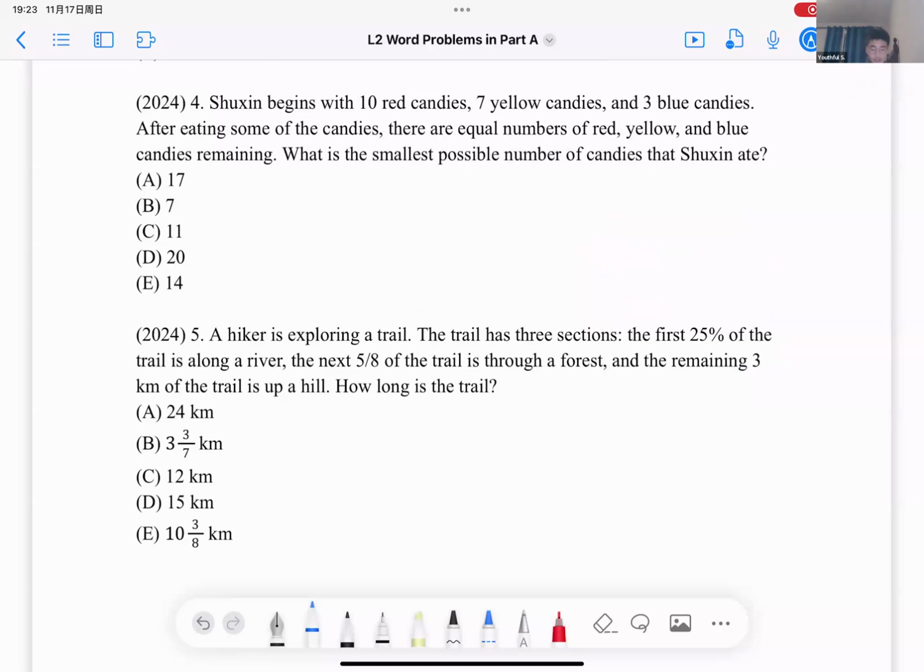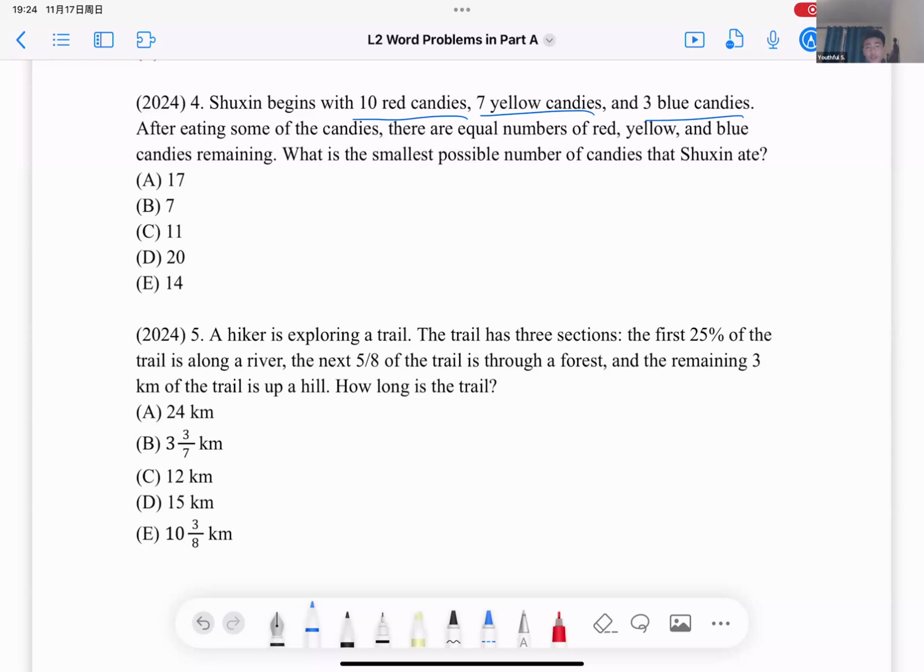So, for this one, you have 10 red candies, 7 yellow ones, and 3 blue ones. She's gonna make it so there are equal numbers of those 3 colors of candies remaining. So what is the smallest possible number of candies that she ate? So notice that the question didn't say that she needs to eat all kinds of candies. So it doesn't matter if you just leave one type of candies behind if you don't want to eat them. Okay, so